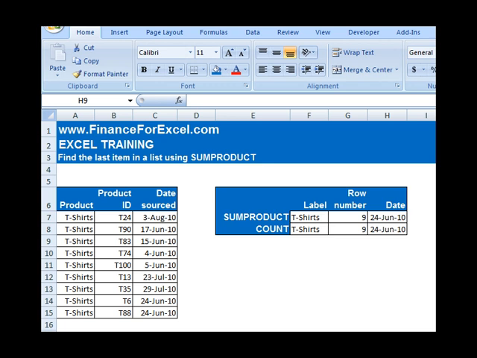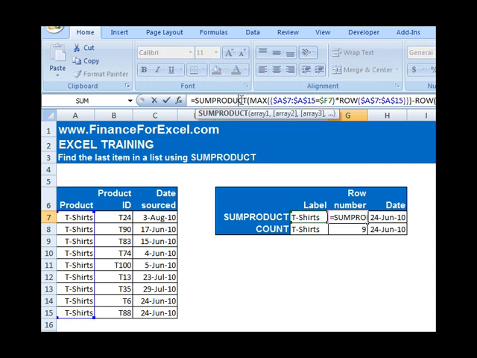Just as a quick follow-up, I thought I'd go through the actual SUMPRODUCT formula in a bit more detail to show you exactly what it's doing, for those of you that might be battling to understand how it works. If we jump into this formula, you'll see that we've got basically one argument in our SUMPRODUCT function. If we jump into the MAX function, you'll see that it encloses both the